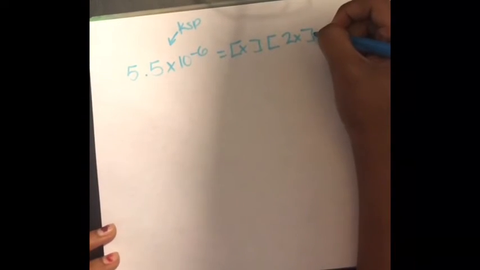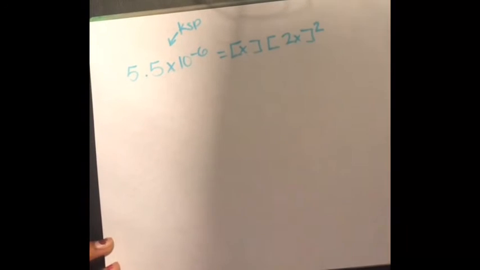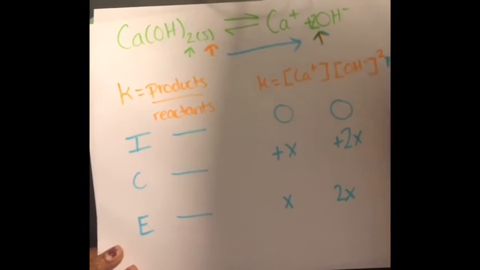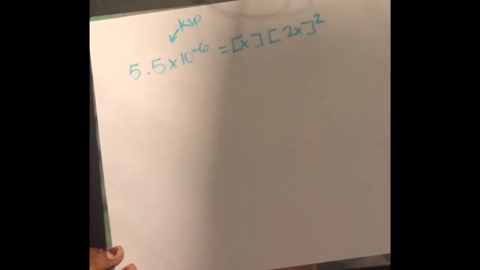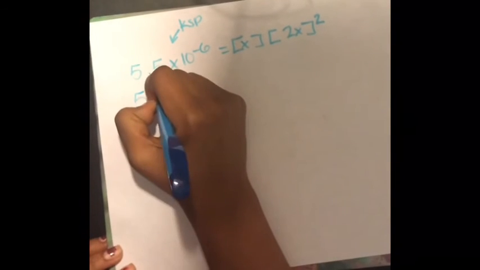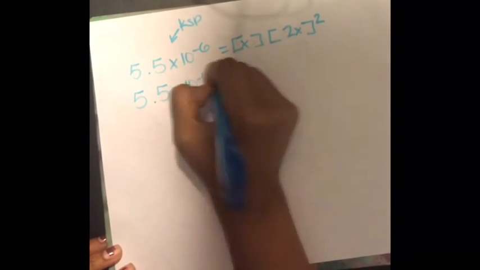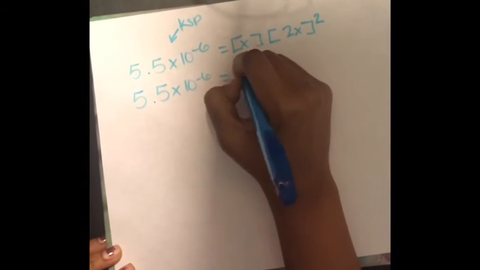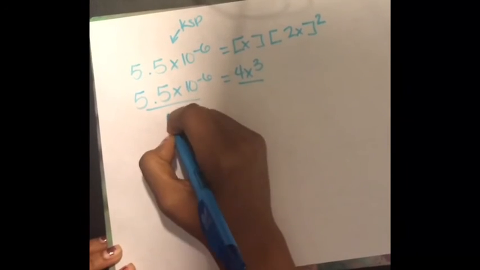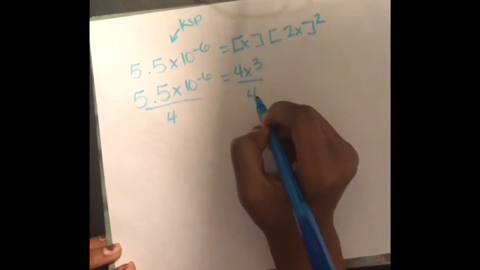Instead of only writing 2x, we have to write 2x squared, because if we go back to our original K expression, this is squared. Now we simplify it and we get 5.5 times 10 to the negative 6 is equal to 4x cubed. If we divide both sides by 4,